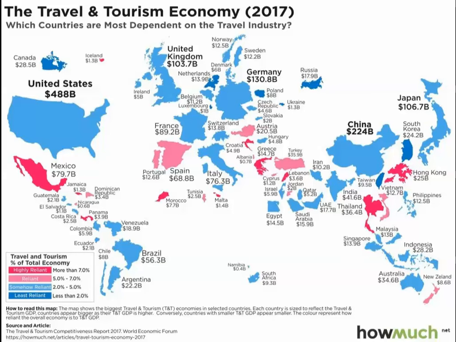And so this is an interesting way of looking at the world, because what this shows you is dependency on the travel industry. This is dollars generated by different sectors, and in this case, the travel and tourism sector of the economy. And what you'll notice is that the United States has a very large tourism industry, okay? Almost $500 billion. But that really represents only 5% of our total economy.